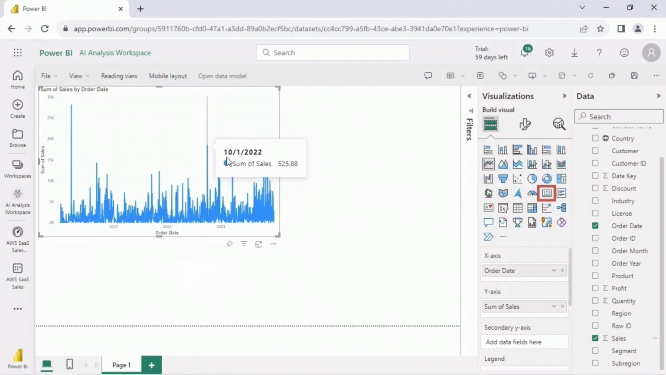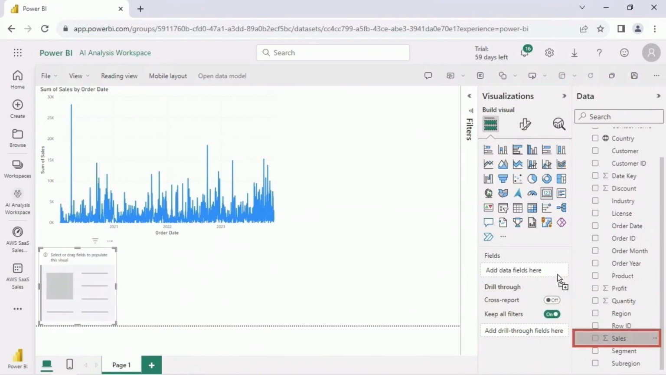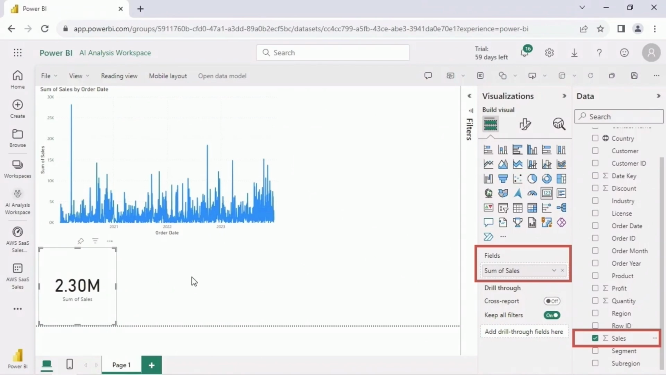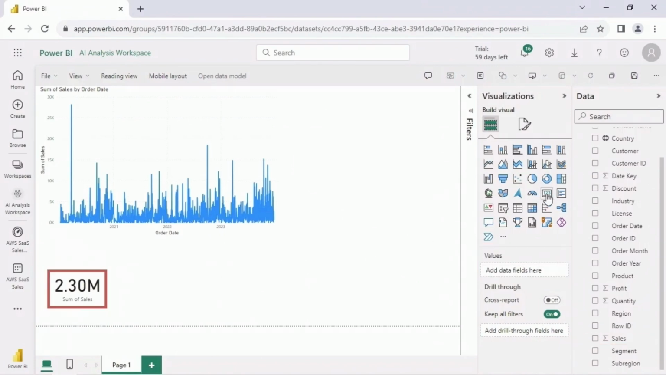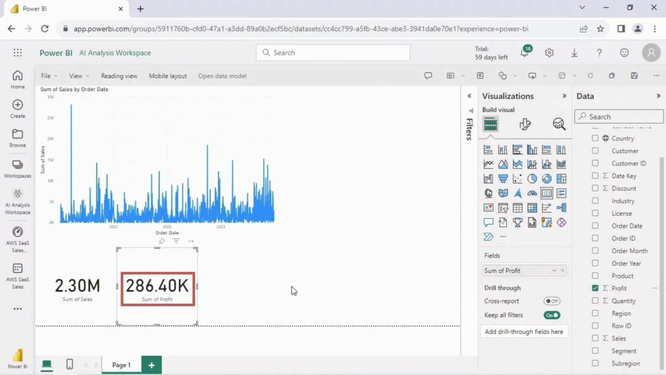I'm now going to add in some card visuals here in this first page of the report. The first card is going to contain the total sum of sales across all of the years. So select the sales column and drag that into the fields for the card visual. You can see that the total sales here is 2.3 million. In a similar manner, let me set up some additional cards with the total profit. So drag the profit column onto the fields here for the second card. You can see the profit is about